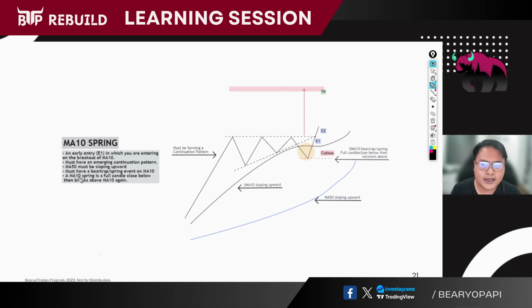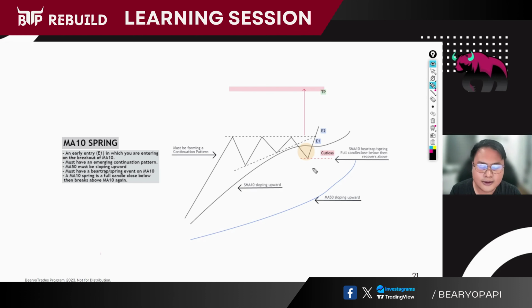entry. And another prerequisite niyan is dapat meron kang emerging continuation pattern. So coming from a rally, then meron kang continuation pattern na setup na nakikita. Ngayon, pwede mo tignan na lang yung guide natin for TA patterns, continuation TA patterns from the previous lesson. So another checklist is dapat sloping upward yung MA50 mo and must have a bear trap or